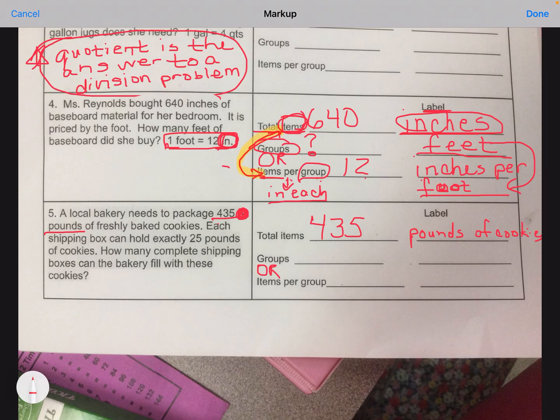Now remember, if I have said that my items are pounds, then down here where it says items per group, I have to have the same word, pounds. Okay? Pounds per, and it's going to be pounds per some group, but I don't know what the group is yet. I haven't read the rest of the problem. Let's read it. Okay. A local bakery needs to package 435 pounds of freshly baked cookies. Each shipping box can hold exactly